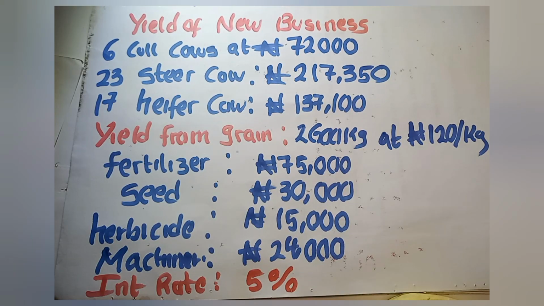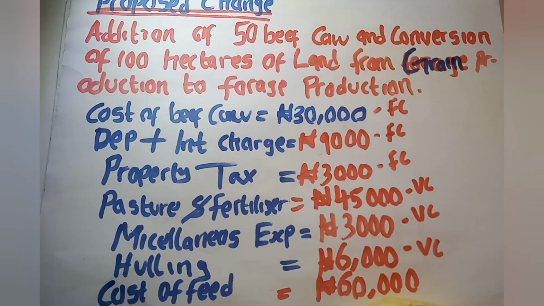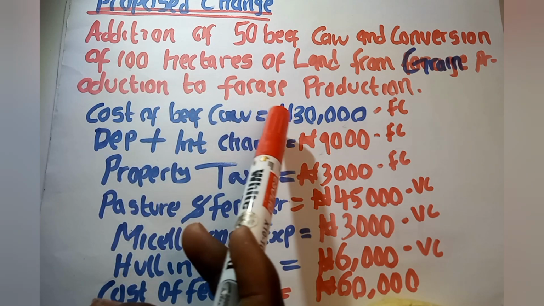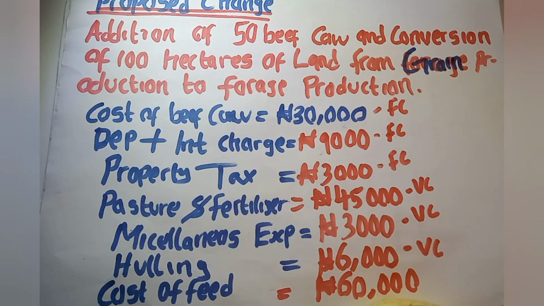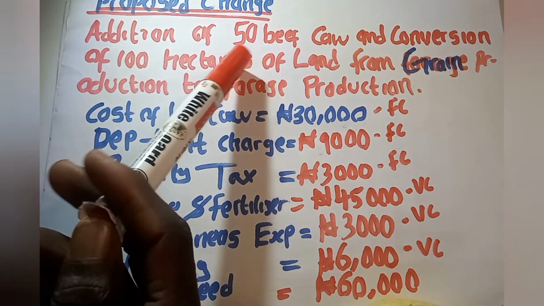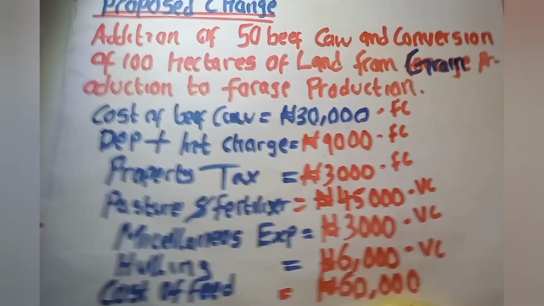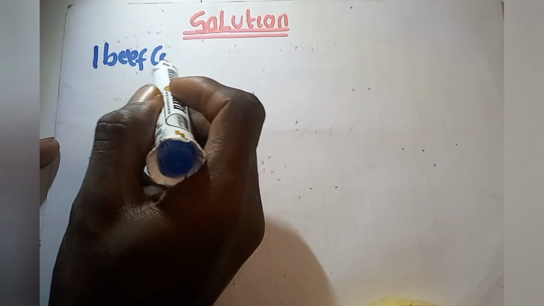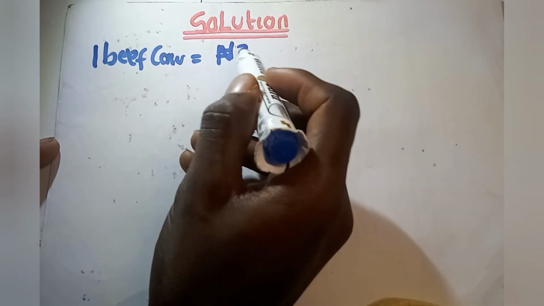Now I want you to pay attention at this point. As I solve this question, I will start from the first cost, which is the cost of beef cow. The farmer wants to acquire 50 beef cow, but the cost of a beef cow is 30,000 naira. Therefore, how much will be the cost of 50 beef cow? That's what I'm going to calculate first. If one beef cow is 30,000 naira,